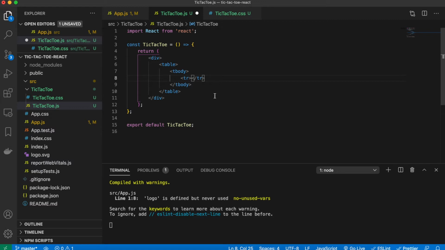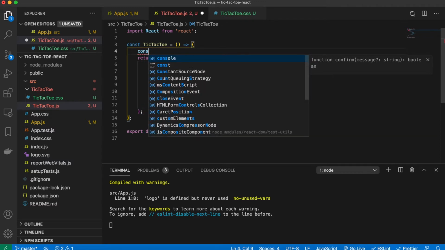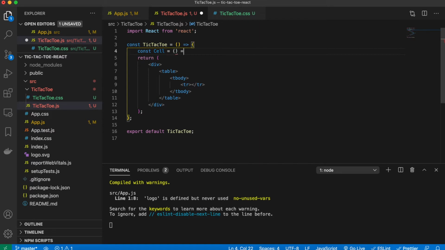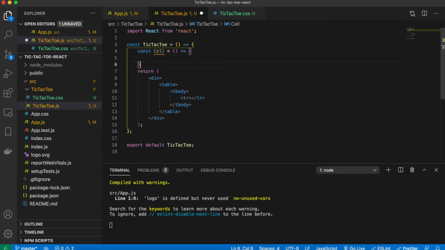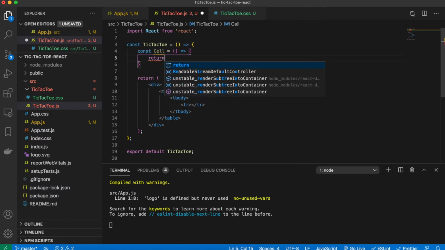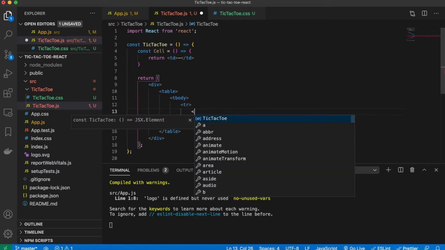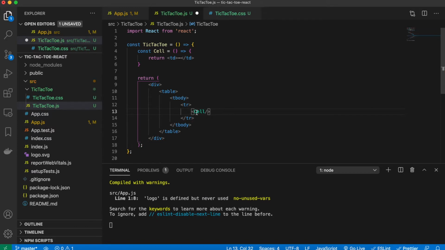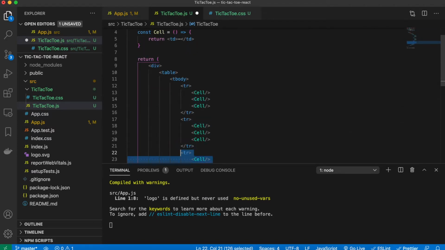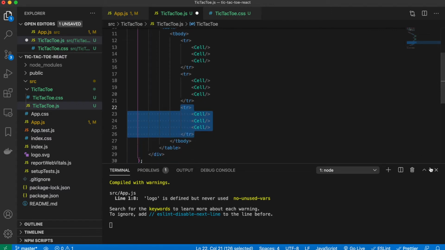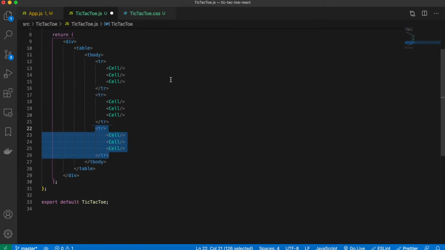So I'm actually going to create a new component called Cell, and that will be created with an arrow function as well. And here I'll just return a TD, and then let's just put a dash there for now. So now I will create the Cell component here, or just use it, and then let's copy this a couple times. Okay, so now we have a 3x3 grid,